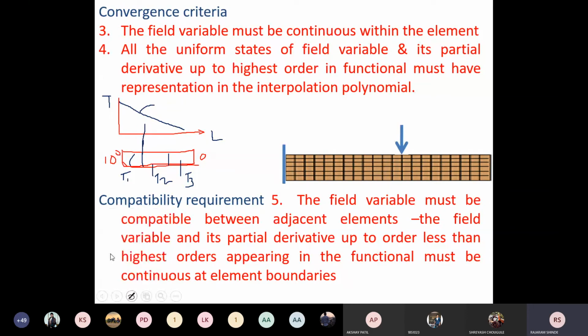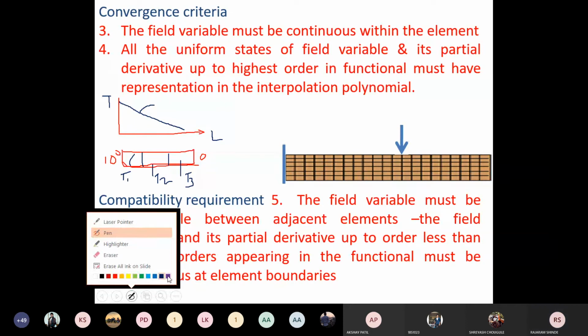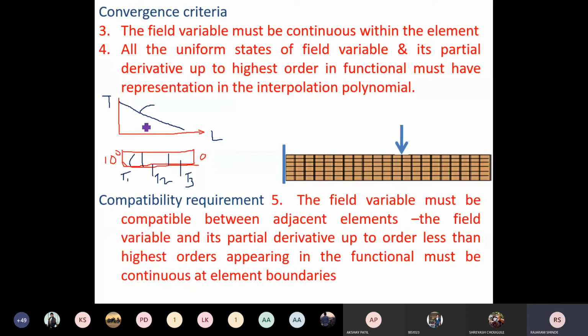Now from the finite element model, when I go to plot the variation of the field variable, okay, now I will use another color. Now see here, your first element is up to here. Am I right? First element is up to here. Now temperature variation for the first element I have assumed by a linear element, that is alpha 1 plus alpha 2x. Okay, because I am going to use linear elements. And temperature variation in the first element is continuous and like this. Okay, are you getting this? This is the temperature variation, or it is the variation of T1 in the first element.